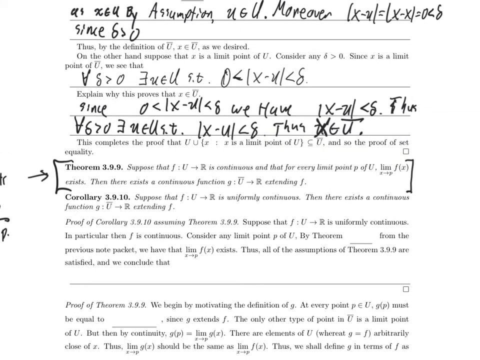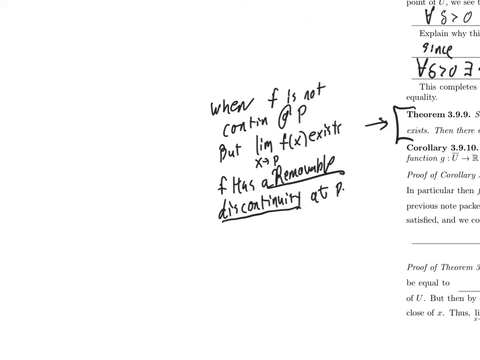This theorem says that, well, this requires it at every limit point, but you could write this at a single limit point too. If you can take the limit as x approaches p of f of x, then you can find a new continuous function defined at that limit point, which extends f. And the picture of this is, well, exactly the picture you would think. Suppose you have a function which is discontinuous at a point, but for which the limit is defined. So what do you do if you want to define a new function which is continuous at that point, but is otherwise the same function? Well, you kill that, and you fill in that dot instead.